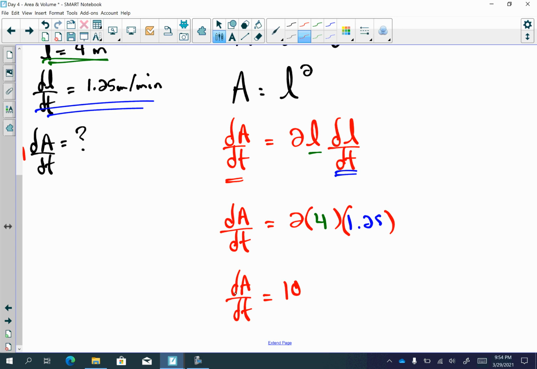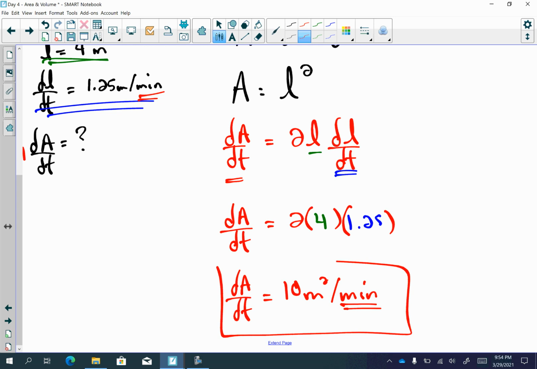So I know area is going to be in square units. In this case, it's meters, so I'd have meters squared. Okay, and it's per unit of time. Make sure the units of time match these units of time. So to answer that question, I would say the area of the square is increasing at a rate of 10